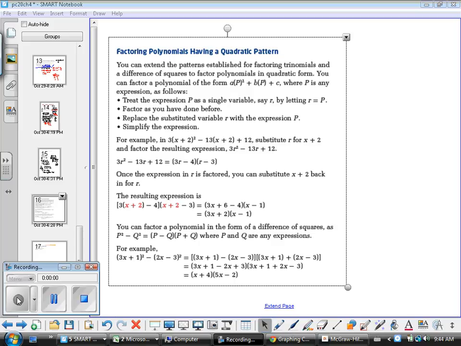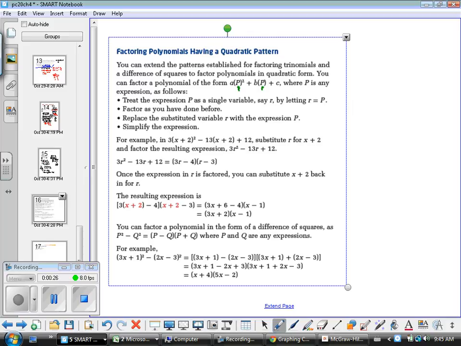Take a quick look at this before I do example 2, and it just kind of tells you that sometimes things look more complicated than they are, and you can really simplify them by recognizing that they have the pattern of a quadratic equation. And the pattern of a quadratic equation is where you might see something, and it might be an expression, you know, not just an x. But if you could just break it down, represented by one letter, you would see that you'd